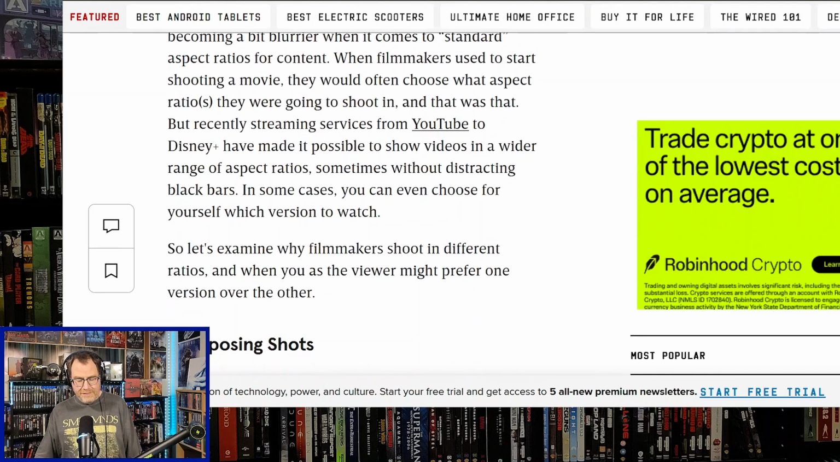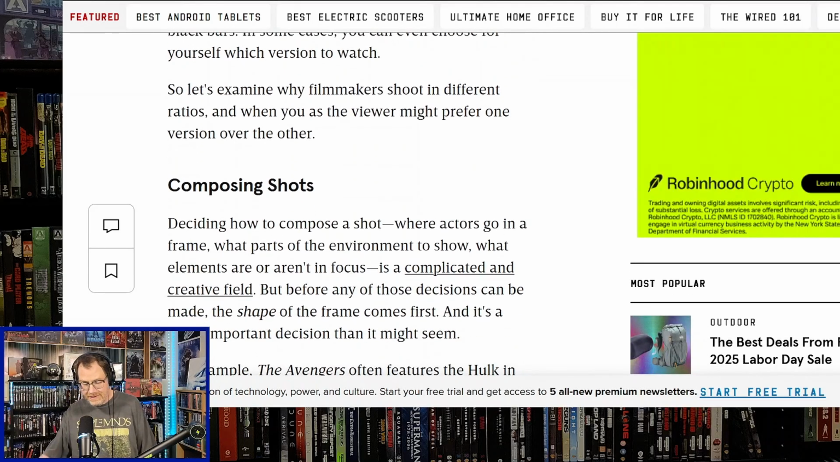So let's examine why filmmakers choose to shoot in different ratios, and when you, as the viewer, might prefer one